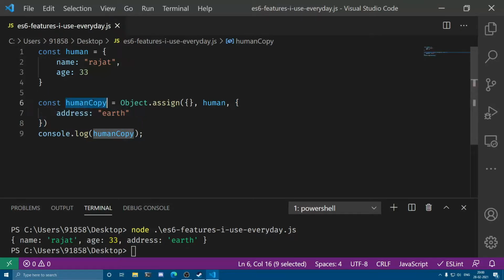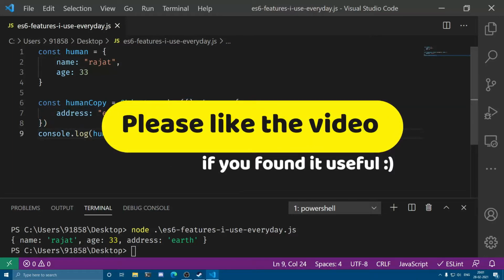Let's suppose you have something like default options or default settings and you want to provide a functionality where you want users to be able to customize some settings. So let's suppose by default your application opens up with the light theme, but you want your users to be able to pick the dark theme if they want to. So here you want to override things using this sort of syntax. You can easily do that. So these are all the ES6 features I use every single day.